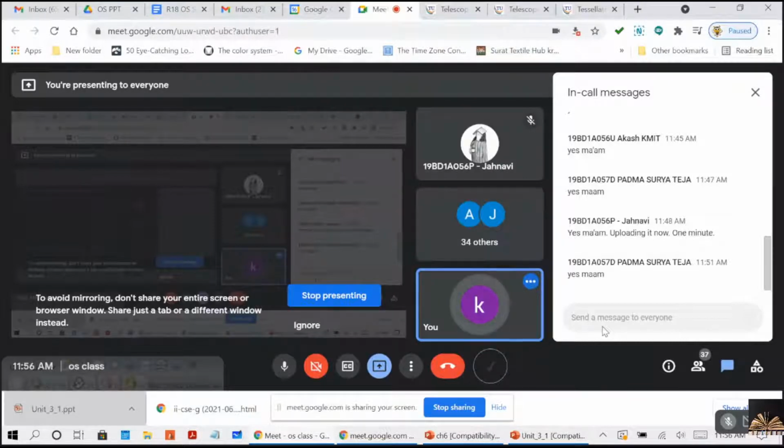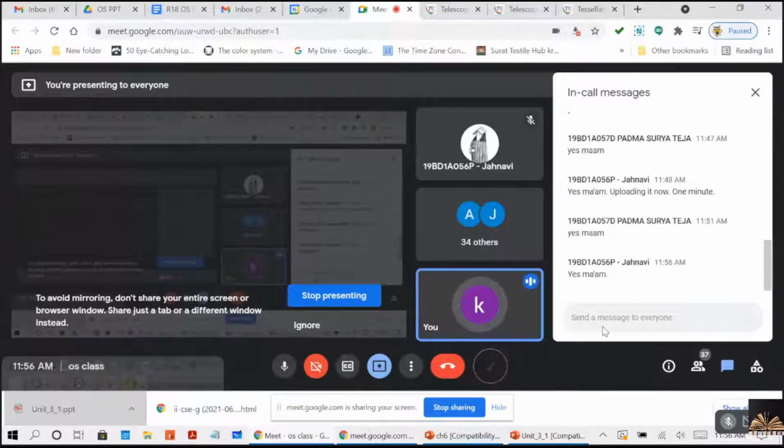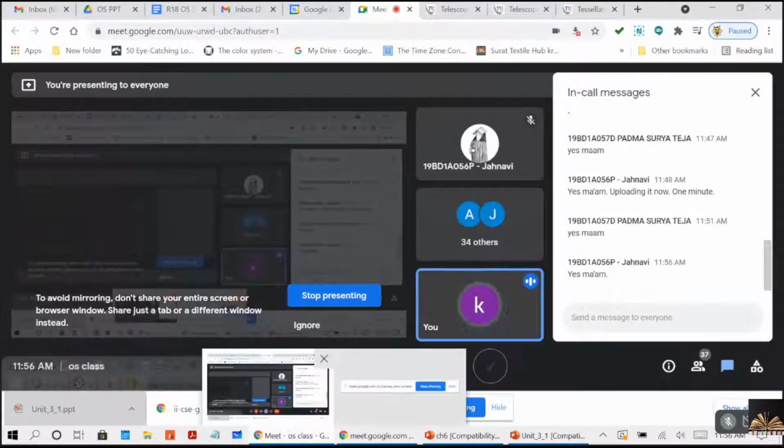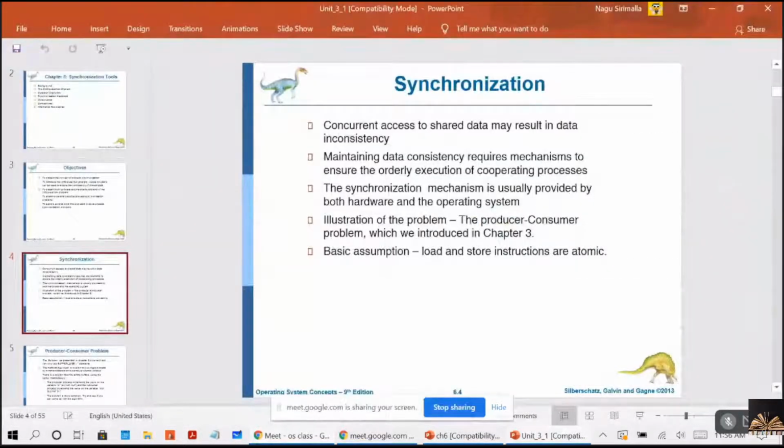Yes or no? Do you remember, producer has to produce, consumer has to consume, right? Yes, the same thing. So there also synchronization should be followed. What is that? The producer means there should be at least one item, right? Before the consumer is consuming.